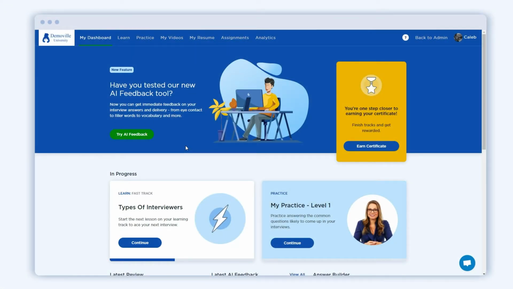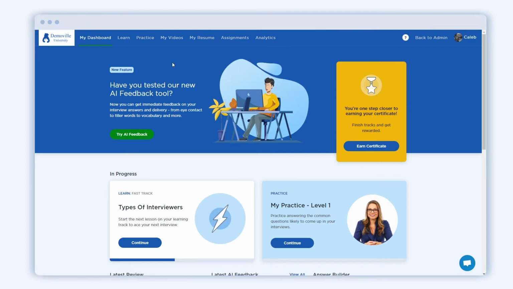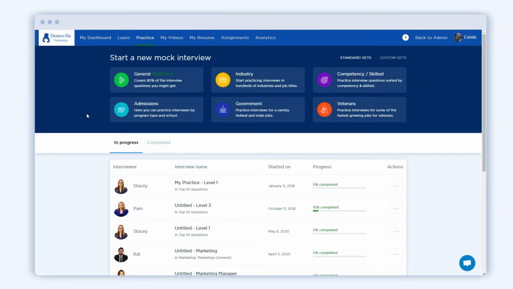We're now going to walk through how to use our mock interview practice tool. First, you'll come up here to Practice and choose Practice Interviews. You can learn more about our Interview Roulette, Answer Builder, and the Question Library in our knowledge base, but they're pretty straightforward. For now, we'll go to Practice Interviews, and you can see all of the different categories of interviews